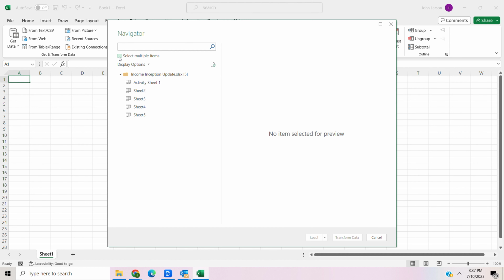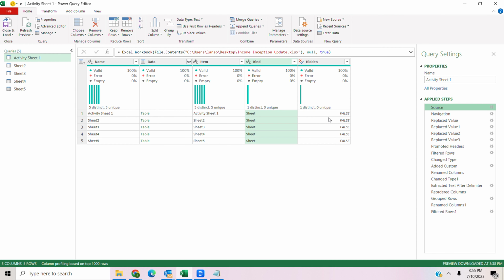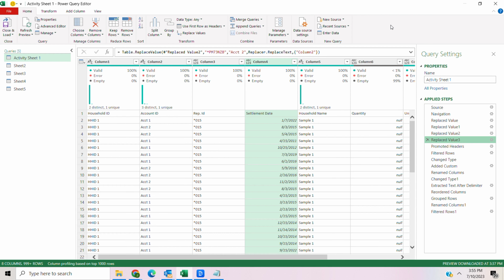Here I'm going to check Select Multiple Items. So I want to upload the data from all 5 sheets. Now we see the 5 sheets loaded into the file. We'll use a filtered version of the file to make it easier to follow. First thing we'll do is promote the headers. We have our row headers in the first row. We're going to click on Use First Row as Headers, and that'll move that row of data up into the